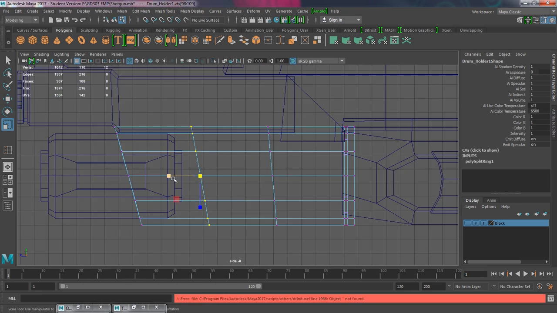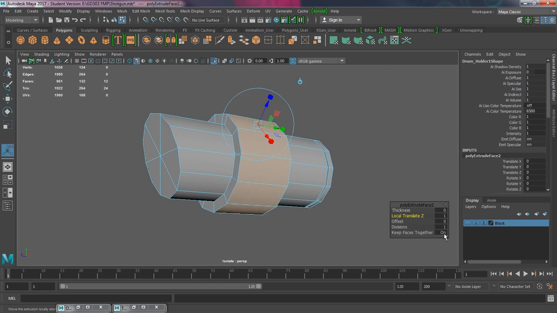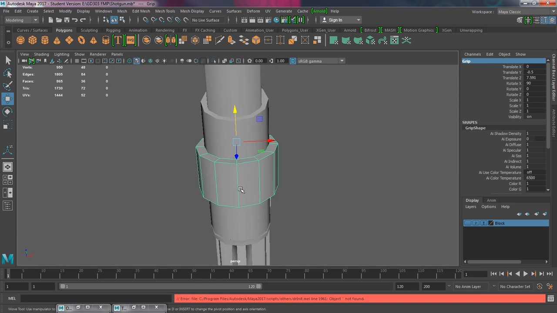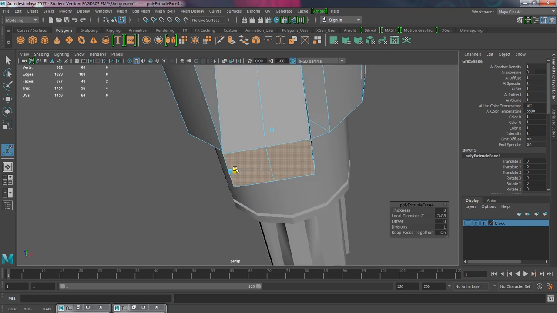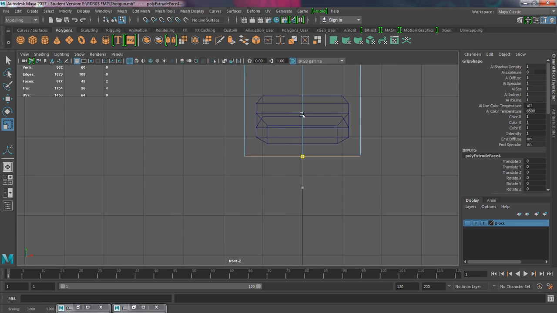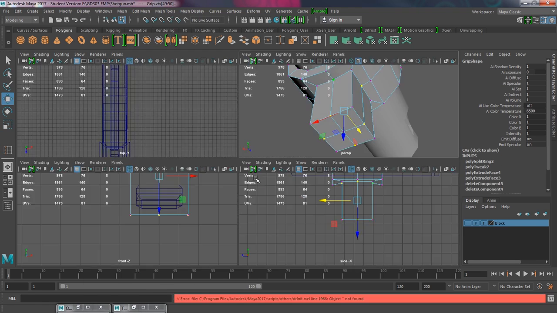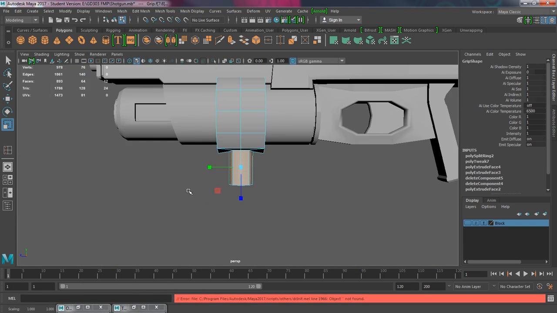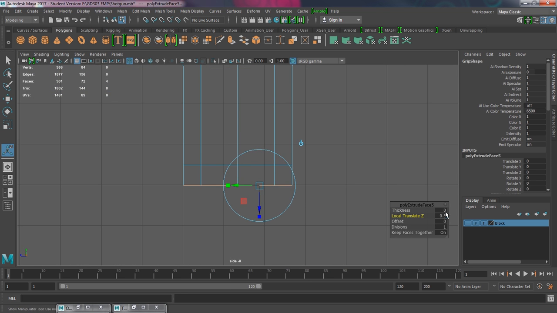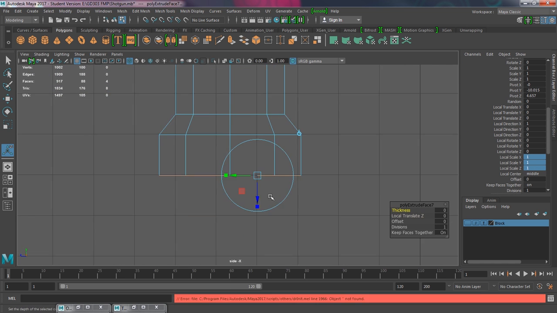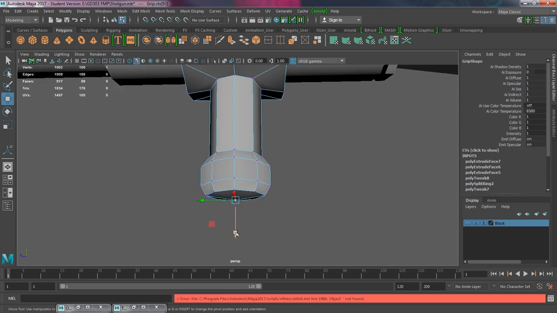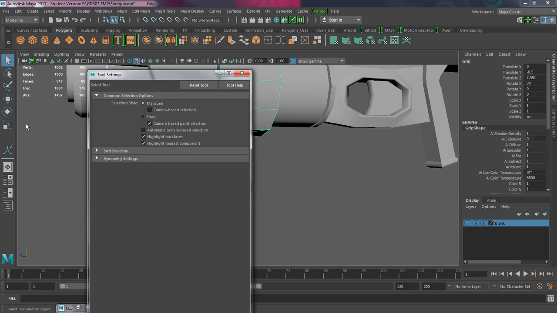Here I'm just trying to tweak the edges to give it a round, sharpish look. I wanted this to be quite angled as well. And here I wanted a grip. Originally I was going to go for a flat hand below design, but I couldn't quite visualize how it would work below the rotating animation, so I decided to go for a standard shotgun grip. I think it turned out alright.